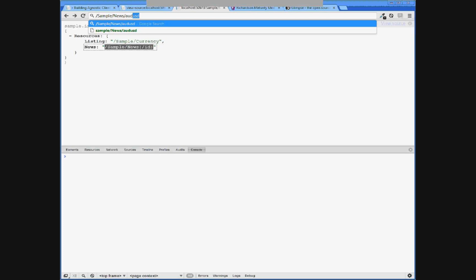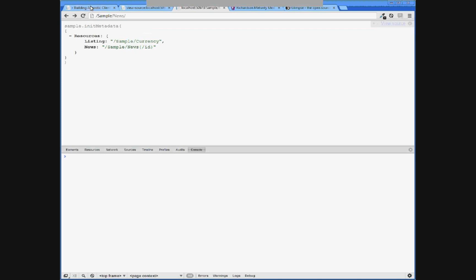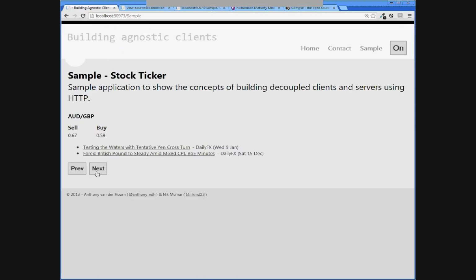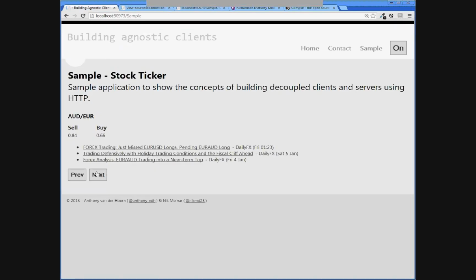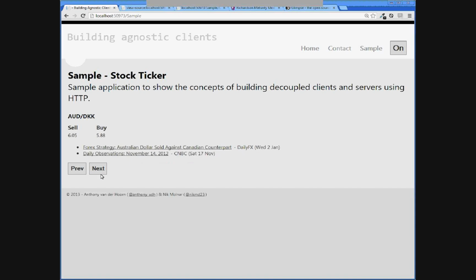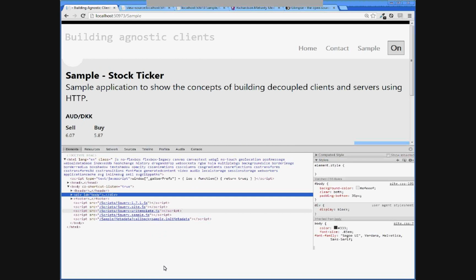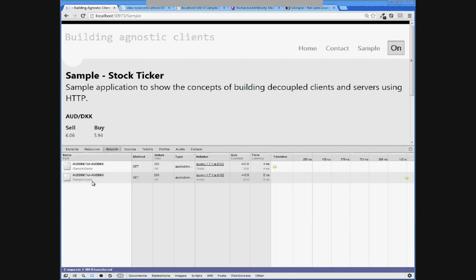Okay, or if it was Euro or a Great British Pound, then we would get different URIs being generated. And so that's how that one's wired up. And then as we go next and previous, we're just paging through the different data results. Now, if we